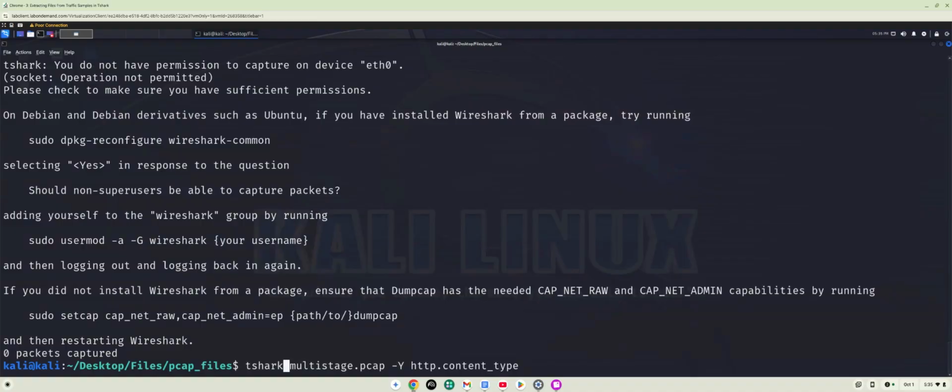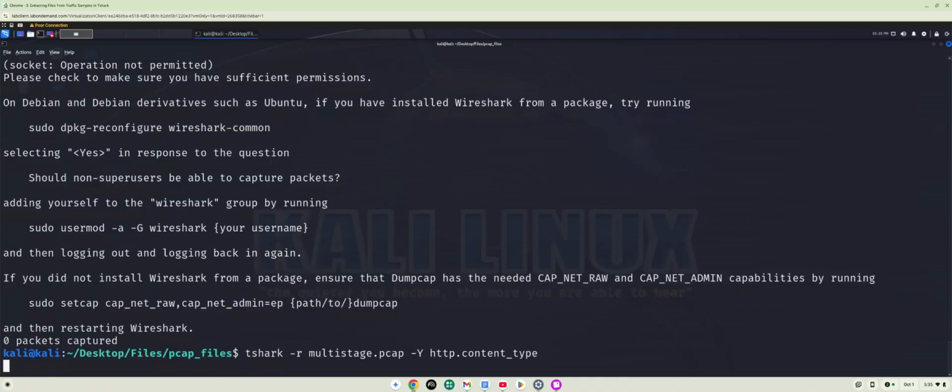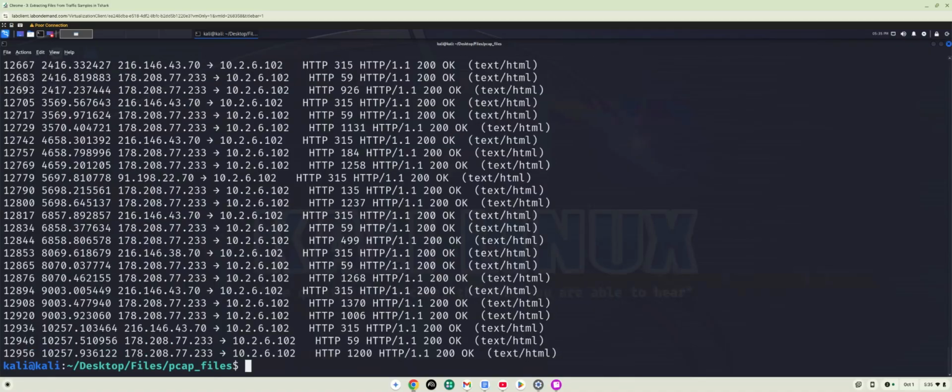Okay, and we have to specify multi-stage with the R switch. All right, so let's see. We should be okay now. Let's try this again. All right, so now